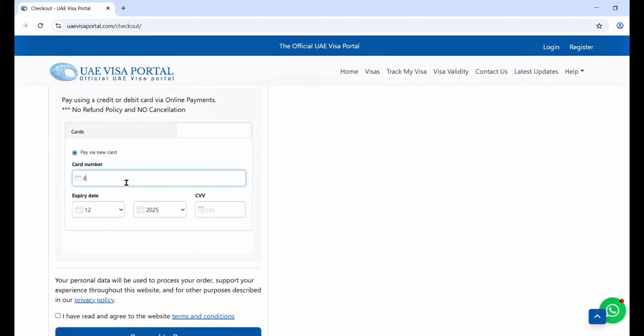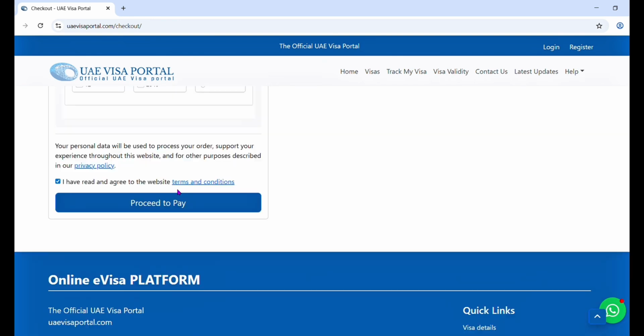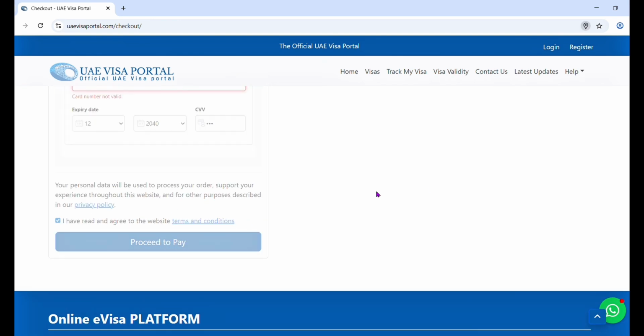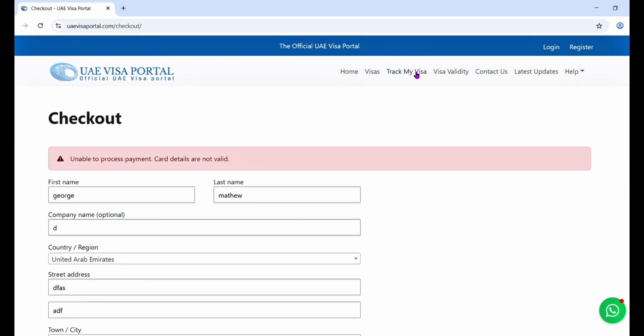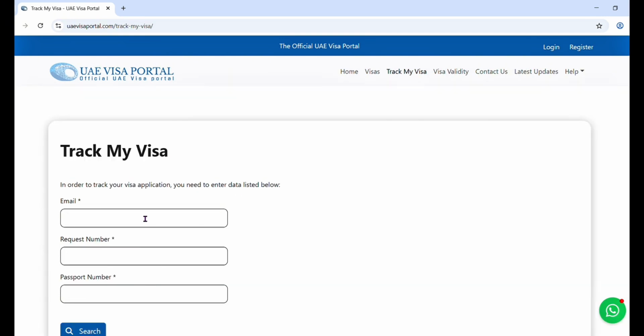Give the card details here, then the CVV number, then you can pay the amount. Once you pay the amount, you can track your visa from here. There is one option, Track My Visa.